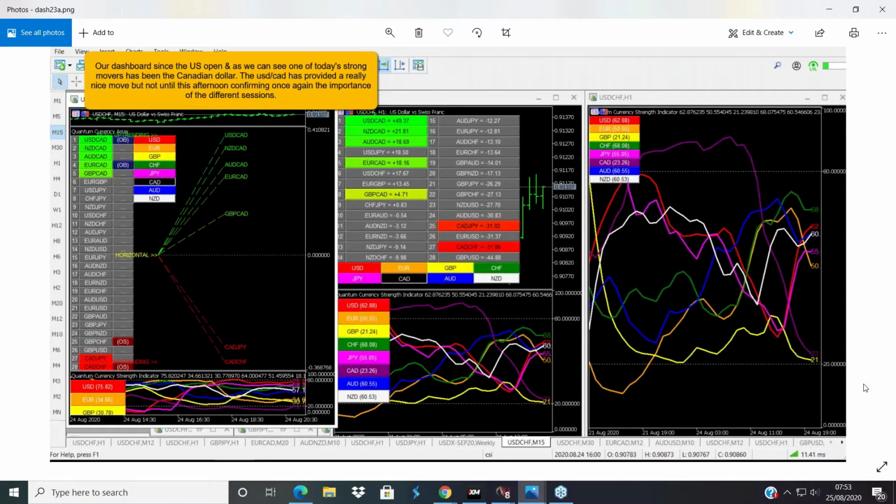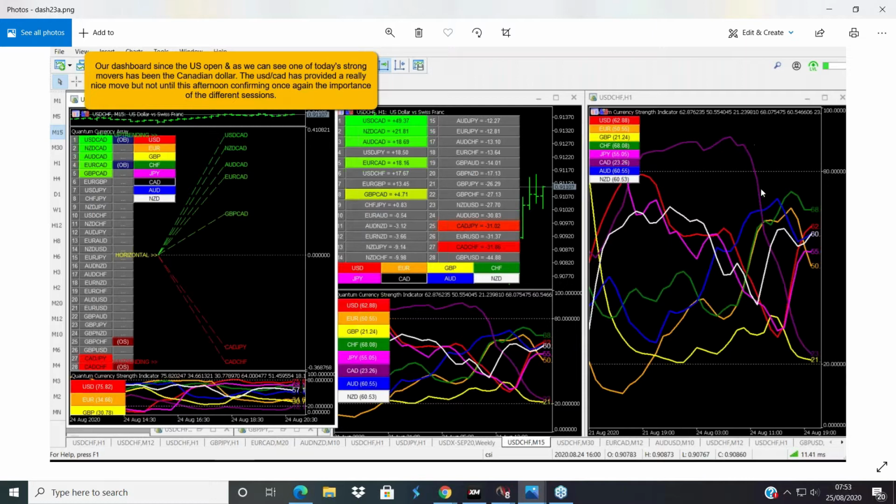And essentially what I want to have a look at is, this is from yesterday, and the purple line here is the Canadian dollar, and we can see on this line that it had a dramatic fall yesterday in the trade. This is the hourly chart, and I can't remember if I took this in the morning or afternoon, but it doesn't matter. Basically, the Canadian dollar sold off very heavily yesterday. And one of the things about these indicators that we also look at is the steepness of the line, because the steepness of the line also tells us if there is some momentum in the move, that there is good, strong selling or strong buying.